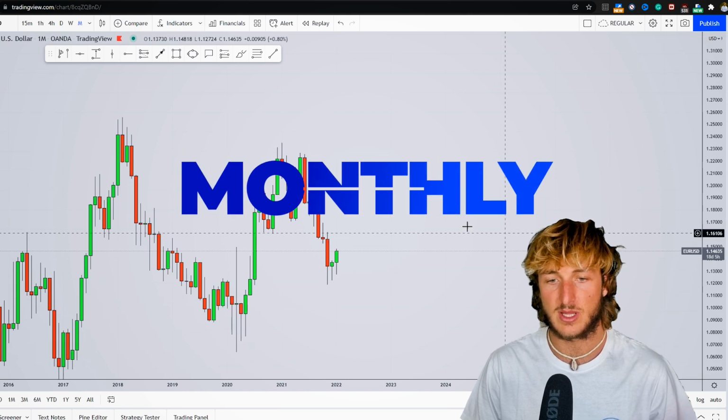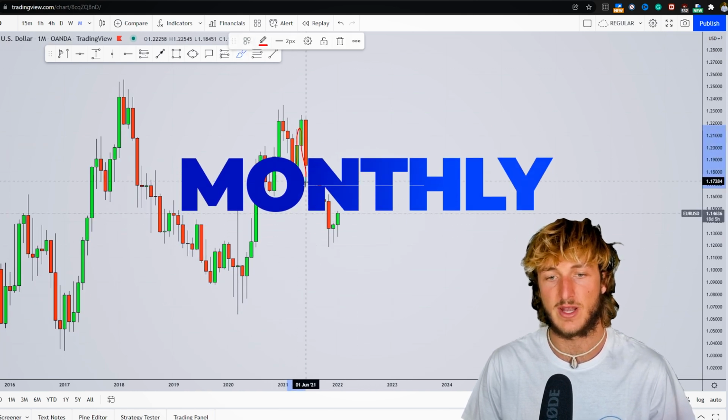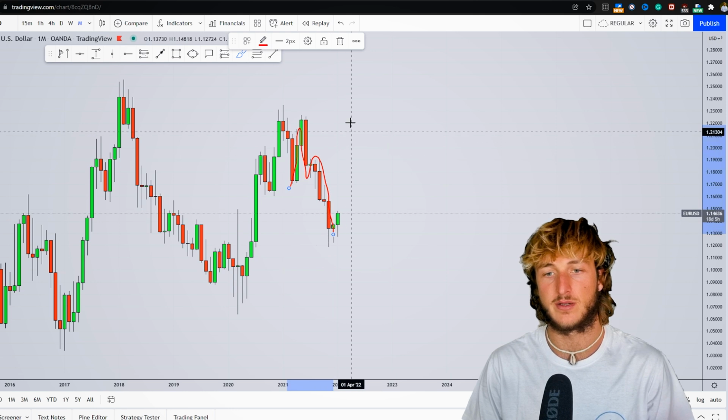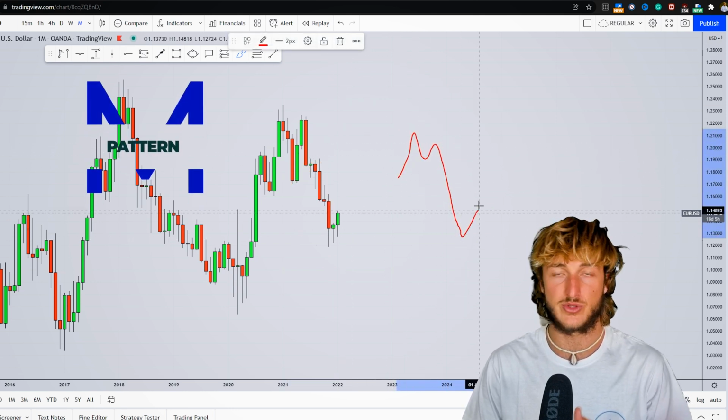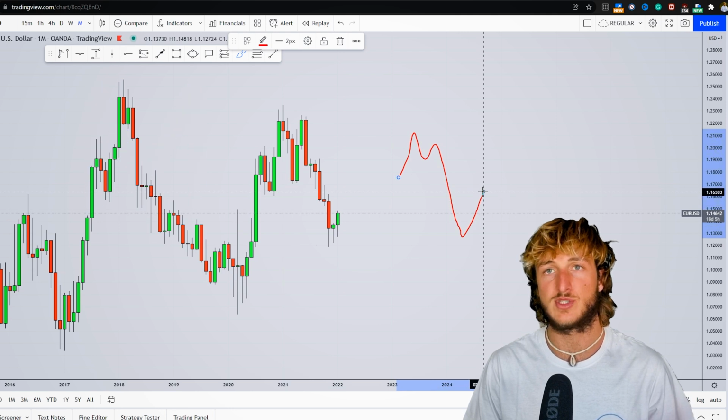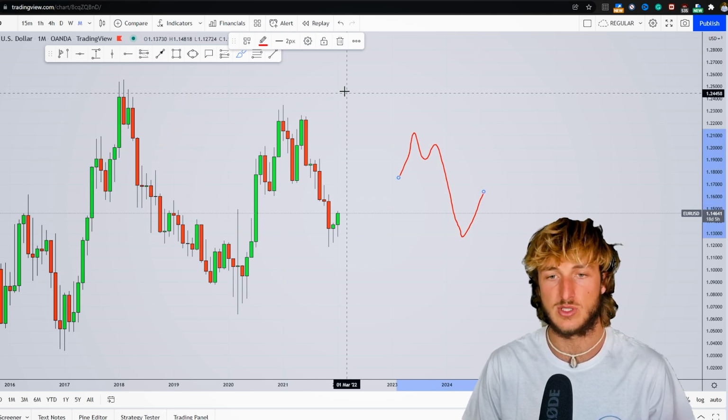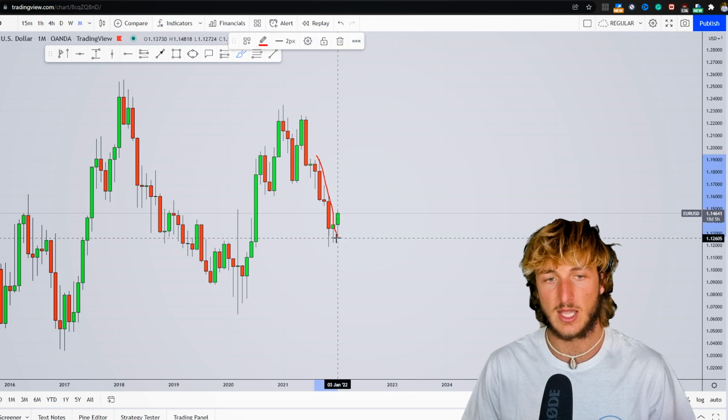Now, starting here on the monthly, we can see how the market has just provided this overextended M pattern. Now, in general, after the creation of an overextended M pattern, what you want to see is the market create a move to the upside to go and retrace at least to the 0.32 of the Fibonacci taken on the